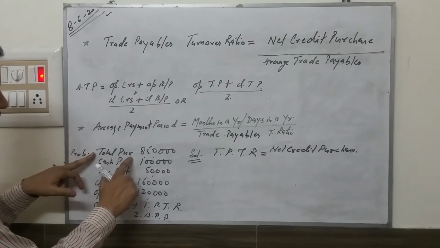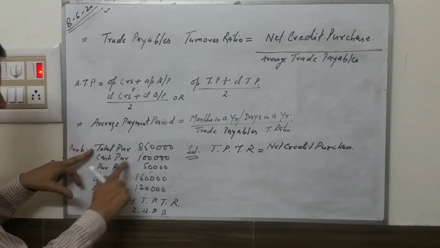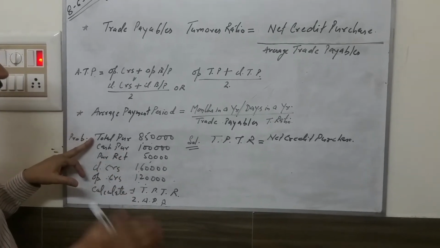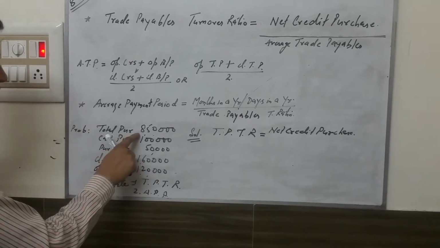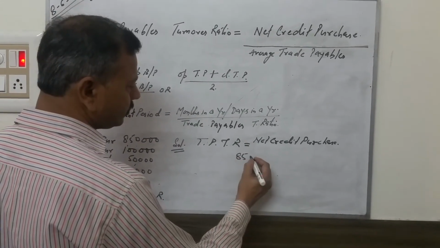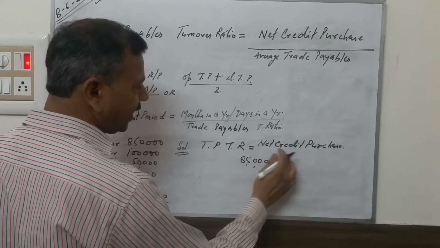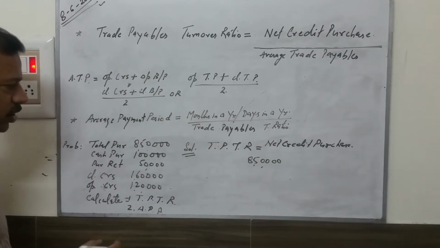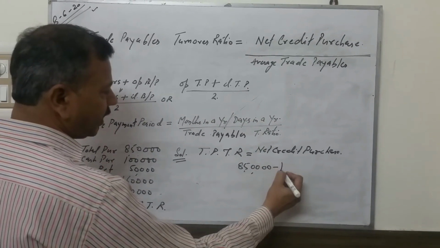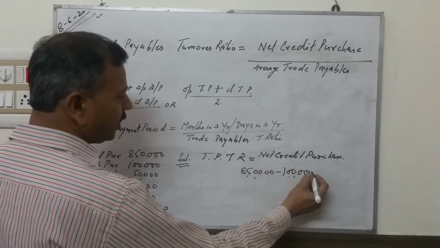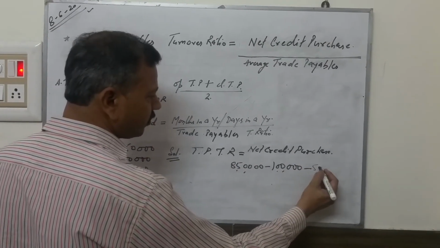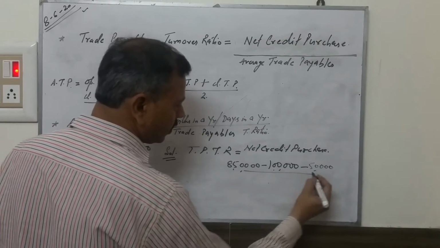So from the total purchase, you will minus cash purchase and purchase return, and you will get net credit purchase. Total you have 8,50,000, but we want net credit purchase. So from the total, you subtract cash purchase, that is rupees 1 lakh, minus purchase return also 50,000,